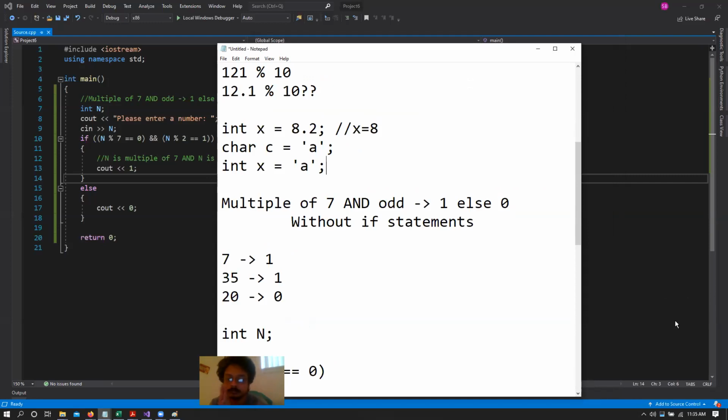Okay, James, come on. And while James is trying to write this, does everyone understand what I'm saying? I want to do the same thing where I want to print out 1 if it's a multiple or not, and then essentially do the same thing but without any if conditions.